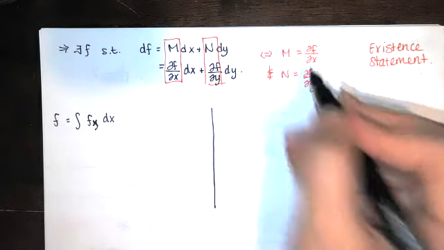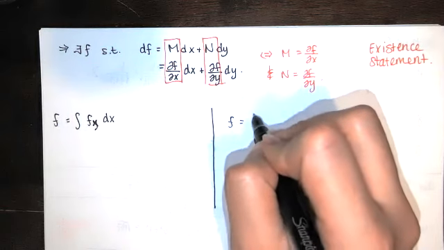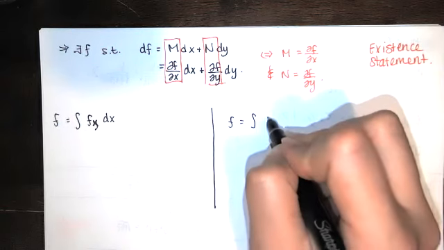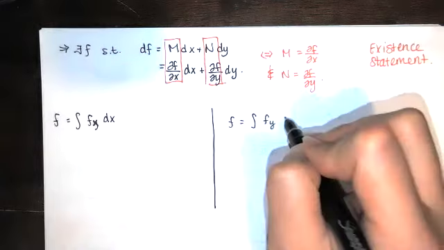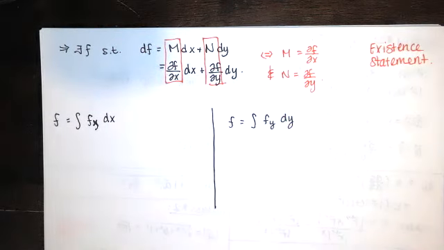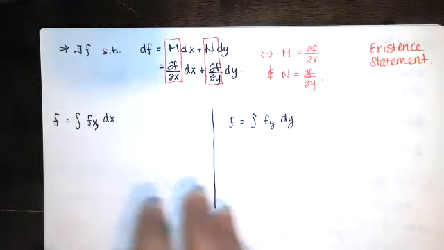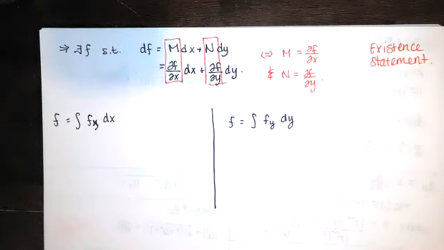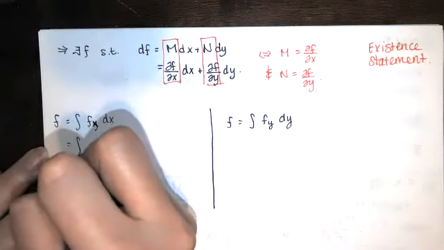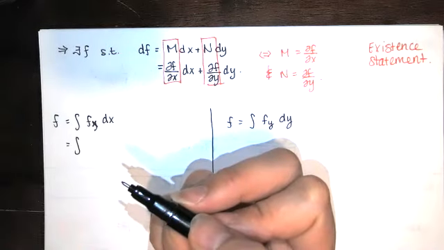Or if you have the partial derivative of f with respect to y, and you want to get f back, you would anti-differentiate with respect to y. Now, both of these operations are going to recover f partially. They're not going to recover f completely, but when we put these two pieces together, we can figure out what f has to be. So the partial derivative of f with respect to x is M, and that was this